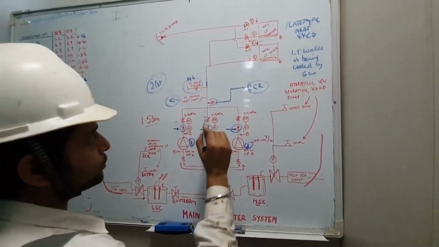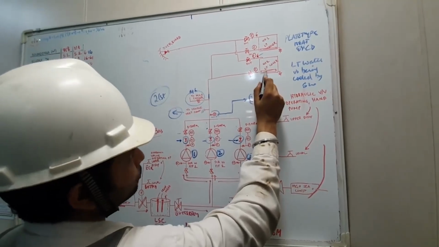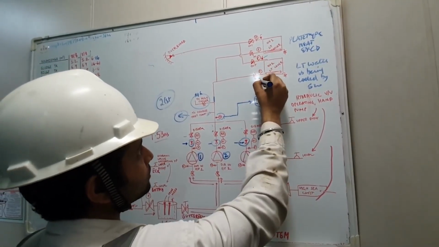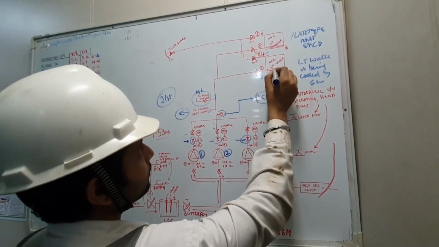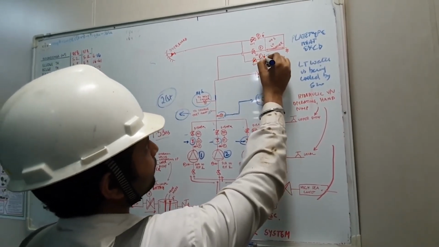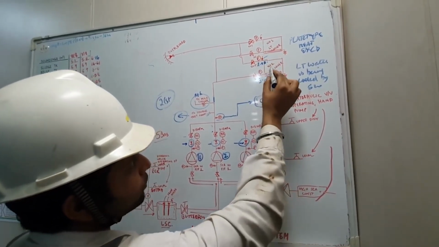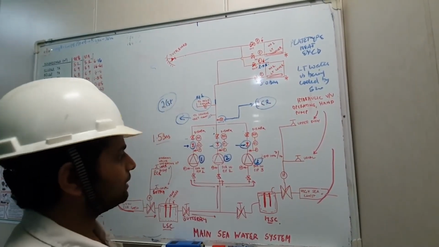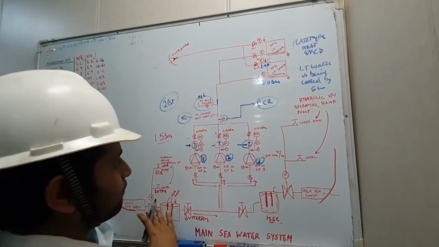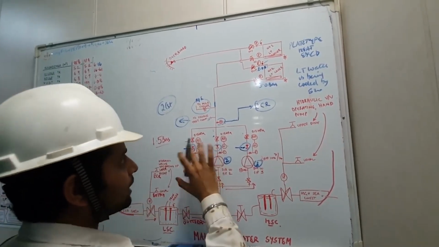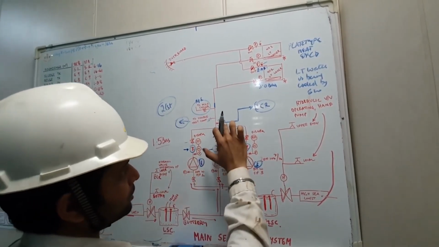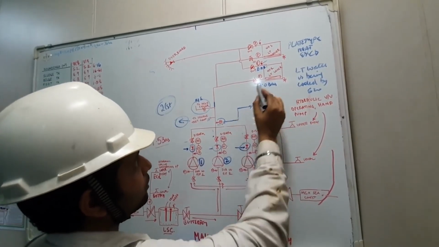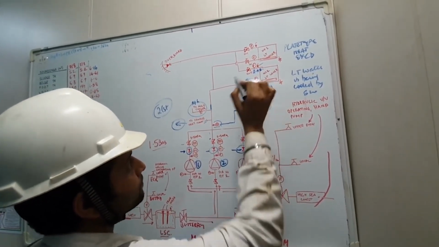Now, be very careful. Suppose water is coming from over here. It is going into this filter, then to the LT cooler and going out. Now say normal pressure was 3 bar over here and say 2 bar over here. Why 2 bar? Because pressure drop is going to happen inside the LT cooler, right? Now one day you come and see that same system is running, ship was at same place, no suction pressure change, little bit discharge pressure may change, but this discharge pressure is changed a little bit, and over here this pressure is increased.